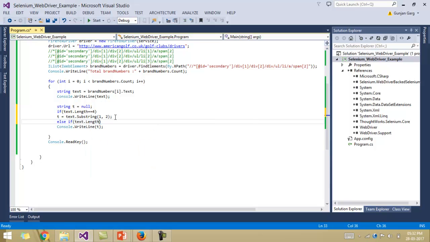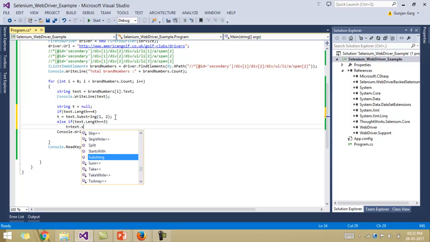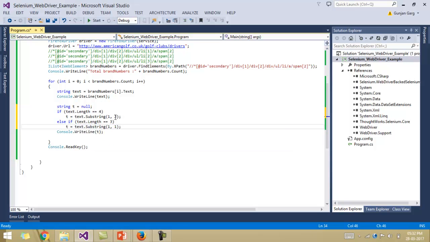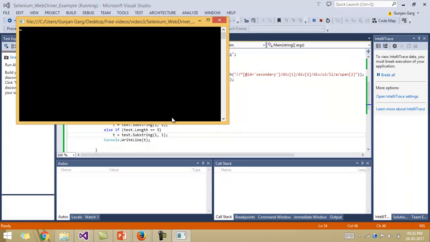Else if the length of the text equals 3, then extract text.substring starting at the first index, and what would be the length? We only want the 1-digit number, we just want the number, so the length is 1 in this case. Fine. Now if I execute it once again,